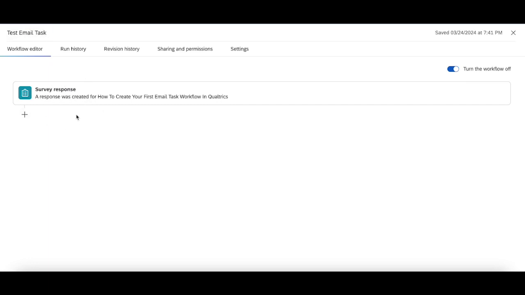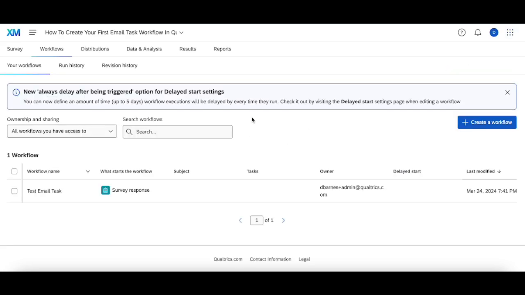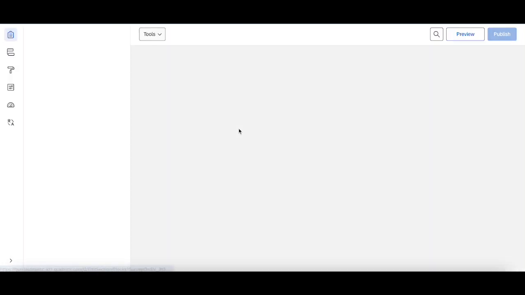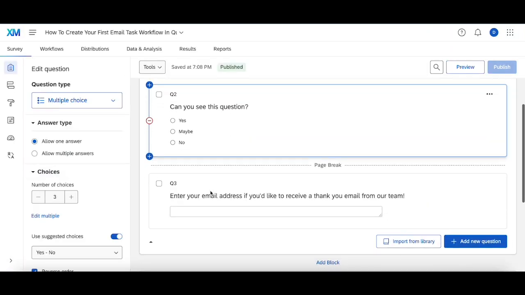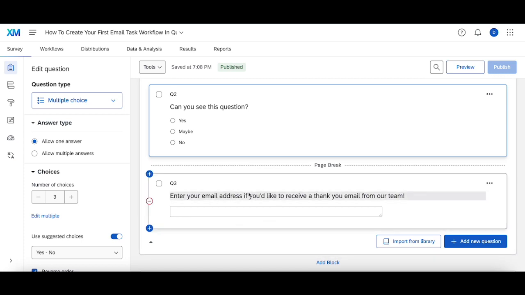So every time a survey comes in, I'm going to want a specific action to occur. Now, in my particular case, looking at this survey, this is a pretty simple survey. If someone says yes to this question and they enter an email address in here, I want them to receive an email. The way I'm going to set this up in this workflow